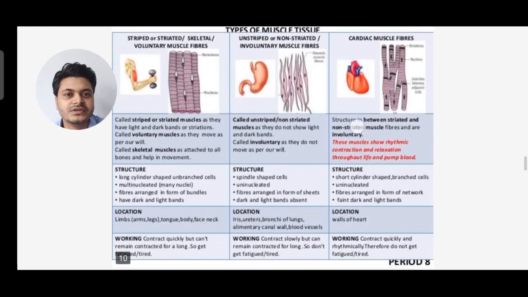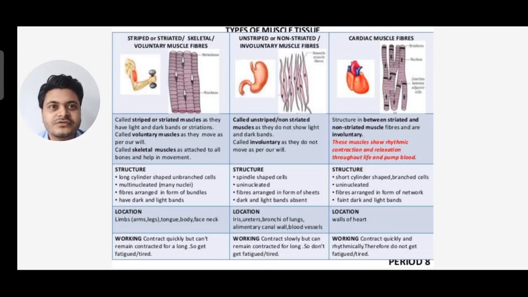Now the differences between striated or skeletal or voluntary muscle fibers, and unstriped, non-striated involuntary muscle fibers, and cardiac muscle fibers. The differences are given very nicely. You see here,